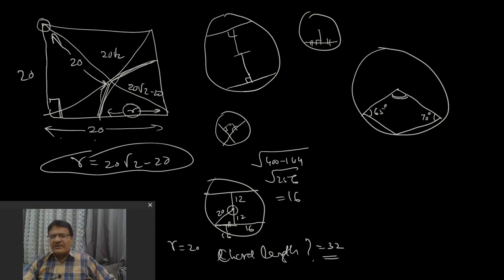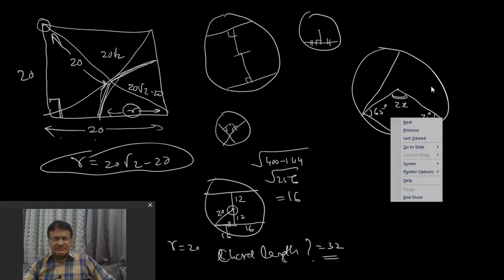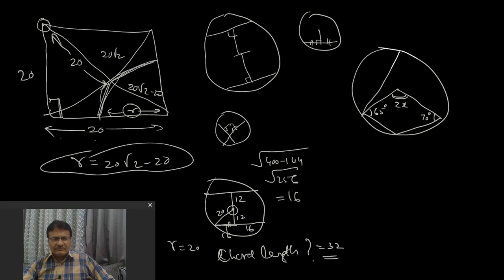There are many ways of solving the question. One I am going to explain. Suppose this angle is 2x. I am taking it 2x, and I am making this construction. If this one is 2x, then this should be x, as this arc is subtending 2x at the center, then x should be at the boundary.